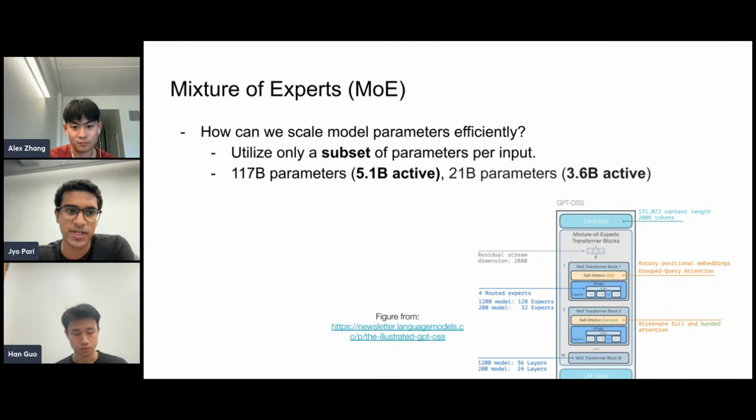In the original transformers, we had the self-attention, then the MLP layer in one block. What happens now is, instead of just having one MLP, we're going to treat the MLP as experts and create many separate MLPs, and then every token is going to go to 4 of them. So if we go to the next slide,